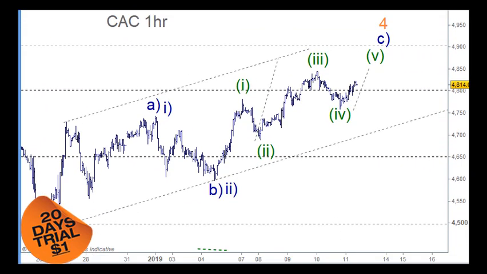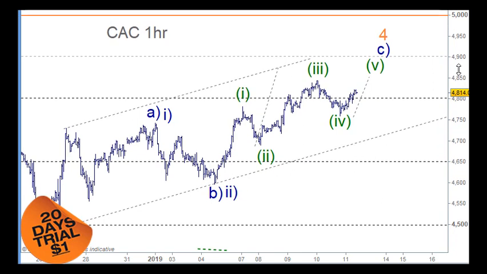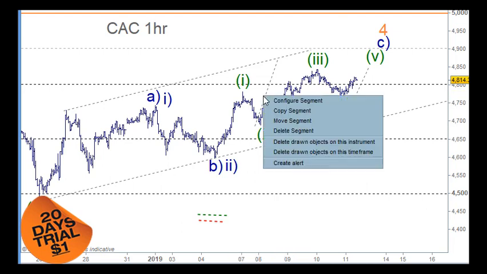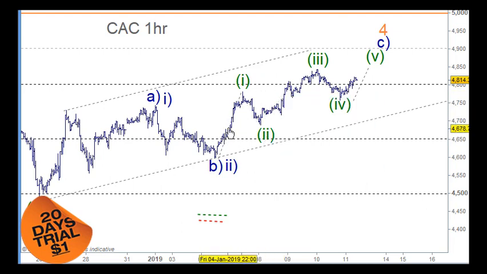If I bring across the French market here, it's the same instance as well. We can have a low in place, or we can look at it as wave 3 and wave 4 here. In this instance, we can look at it as wave A, ABC for the B wave, then wave 1 and wave 2 here. But the same thing again, this is the length of wave 1, so it's quite clear in this case, wave